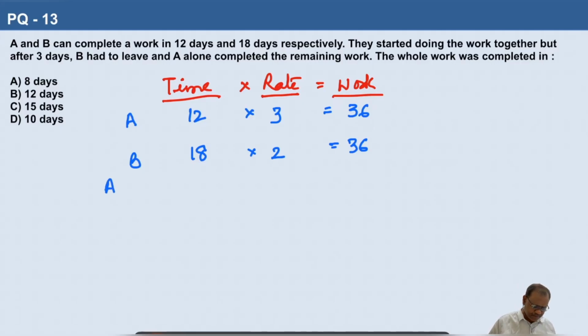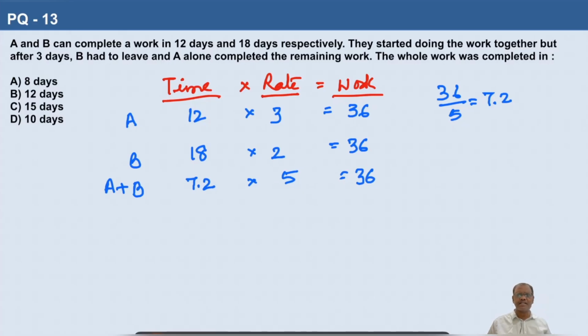A plus B, their efficiency, their rate is 5 units. 36 by 5. 5 sevens 35. 1 remains, so 0.2. 7.2. A and B together they can complete in 7.2 days. So they started doing the work together,